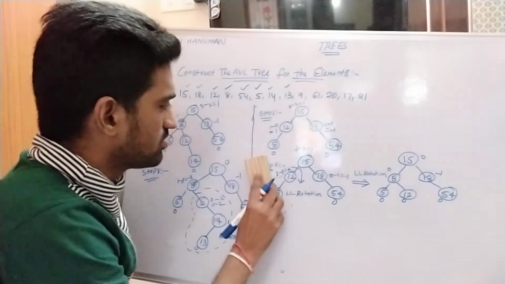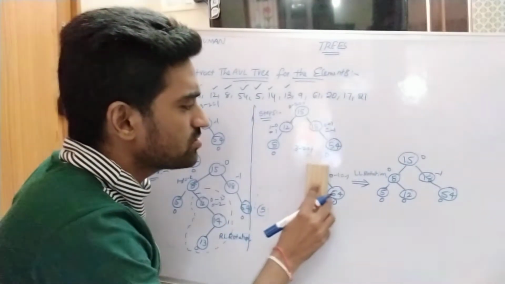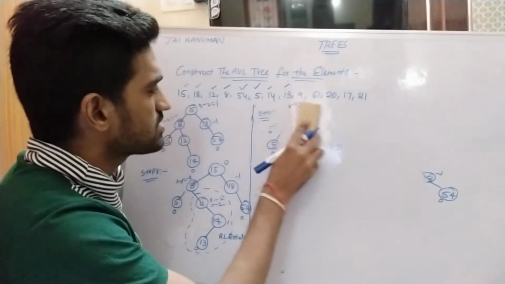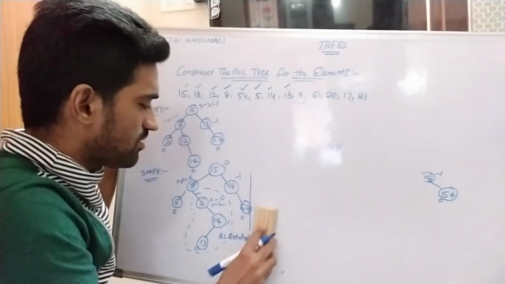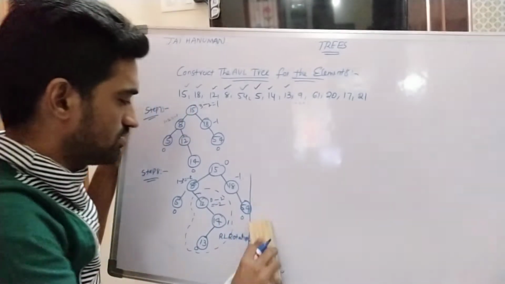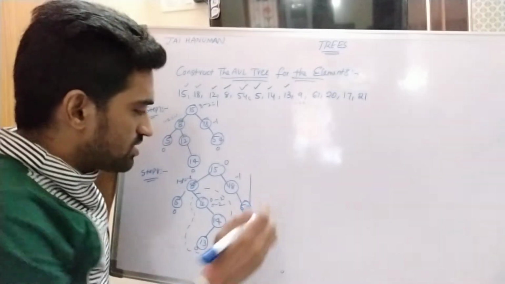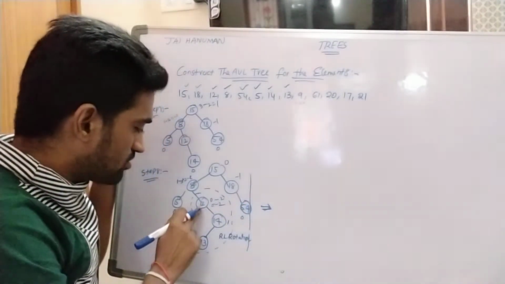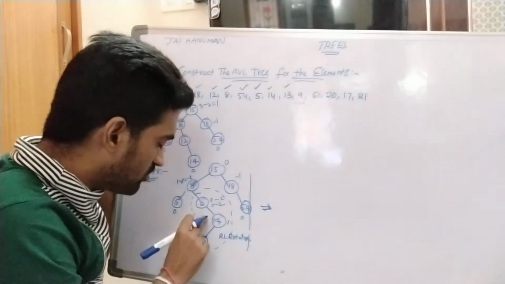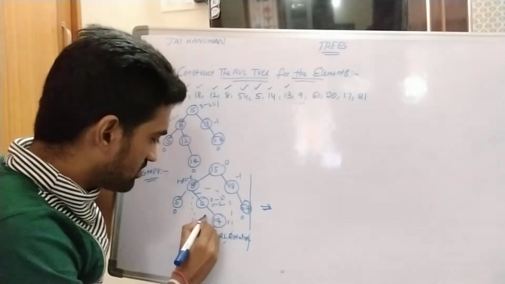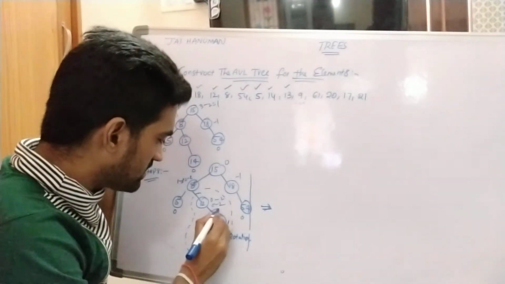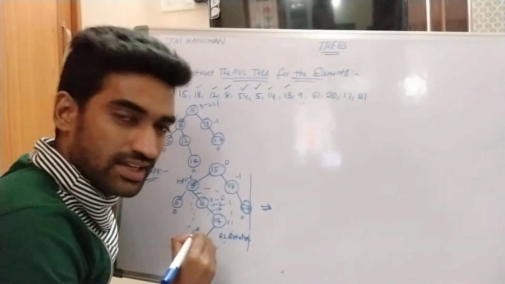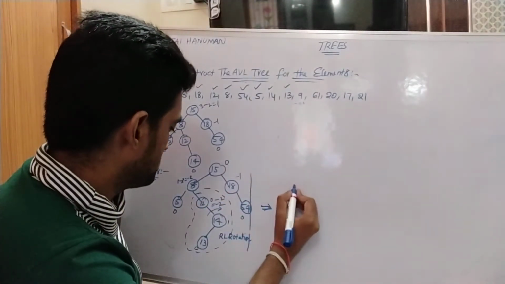Right? RL rotation is a two-step process. After applying RL rotation, in the first step, the root node stays the same. We move the node towards the right direction. Towards right direction. Now the tree becomes